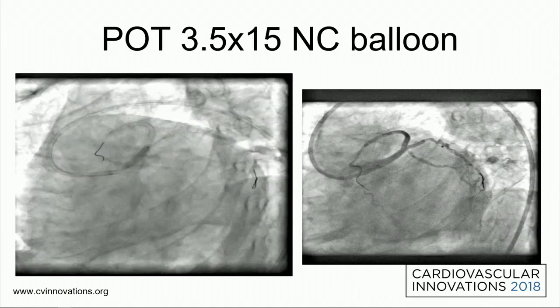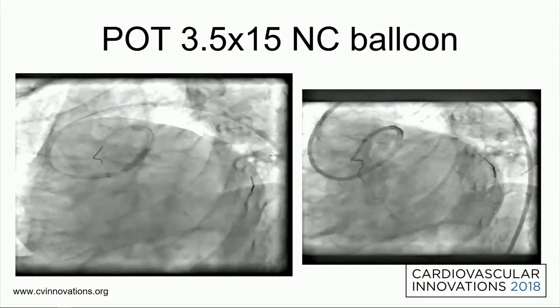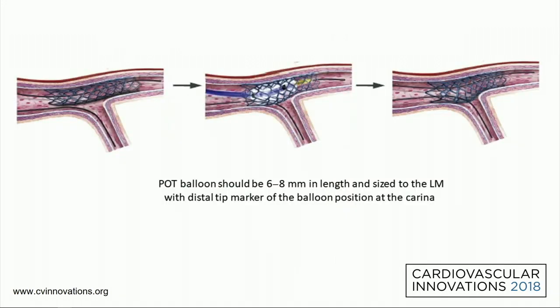And then once more we did a POT with a 3.5 by 15 non-compliant balloon. So we thought things are okay and we can get out of the cath lab. So again, just to reiterate, when you do POT, make sure that the distal end of the balloon is just at the carina, so that when you dilate the balloon, the struts open towards the circumflex, so it's always